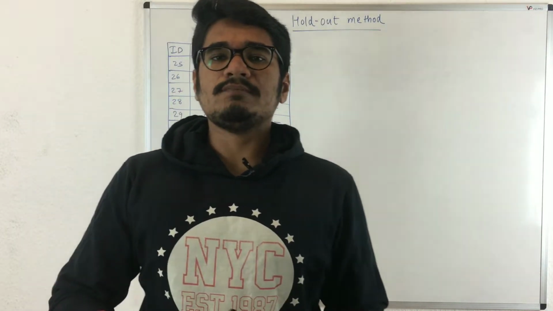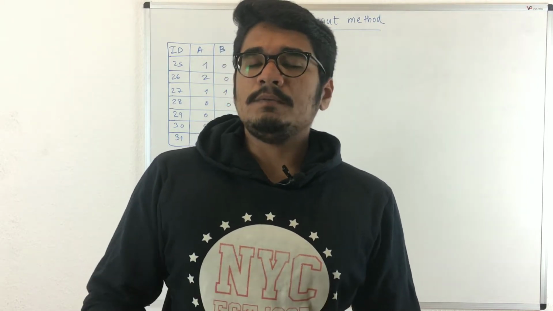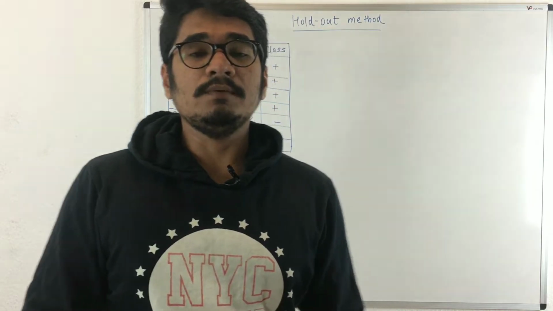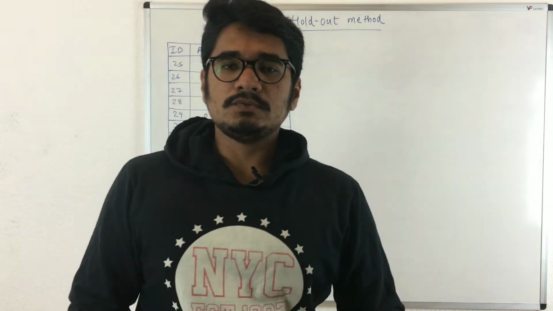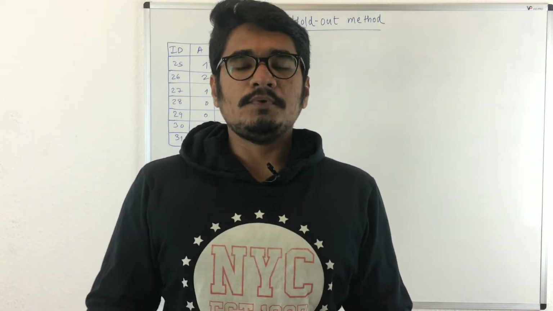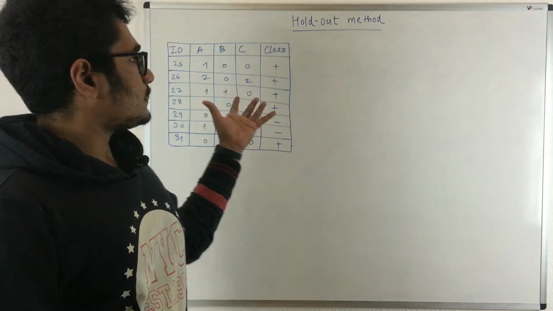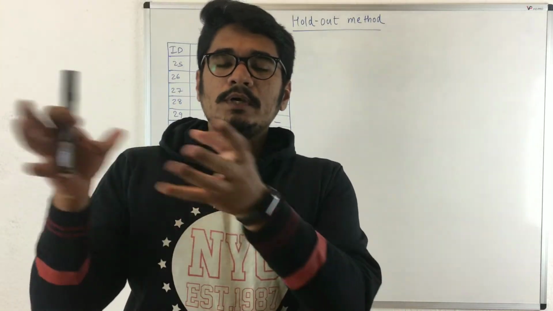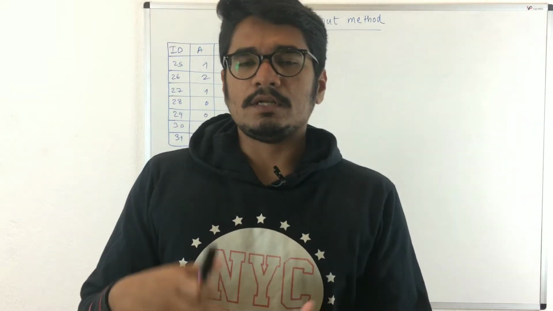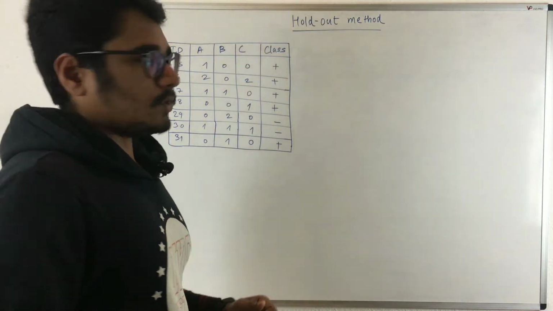So that's why we have certain classifier evaluation methods, and today we'll be dealing with the very first classifier evaluation method, that is the holdout method in machine learning. This is the very first, primitive, or even the basic type of evaluation method. With the name itself we can say that it's a holdout, meaning holding out one particular set, we just evaluate the model on the other data set. So let us see what this method consists of.